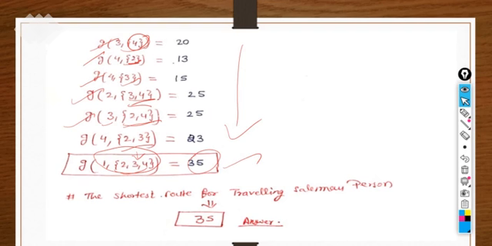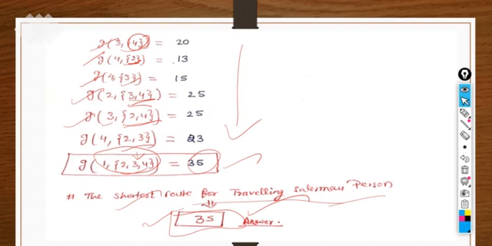So in that manner we have calculated the shortest route for the traveling salesman person to cover all the cities exactly once. And after that, at last you have to come back to the beginning point itself, from where he has started to cover all these points. So from where he has begun, he has to come back again to the same point. So for that particular thing, we have the shortest path and the distance is 35 as an answer. So it was an example to give you clarity about the TSP, traveling salesman problem.